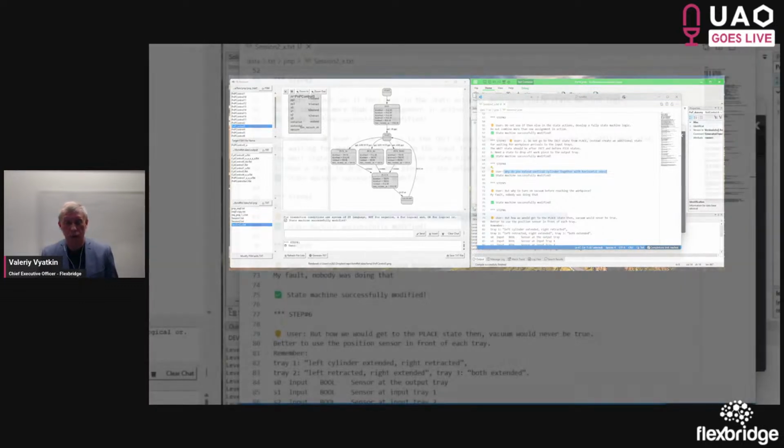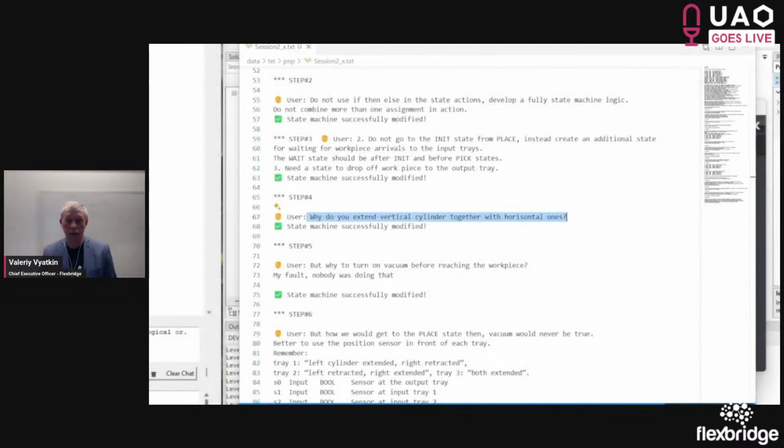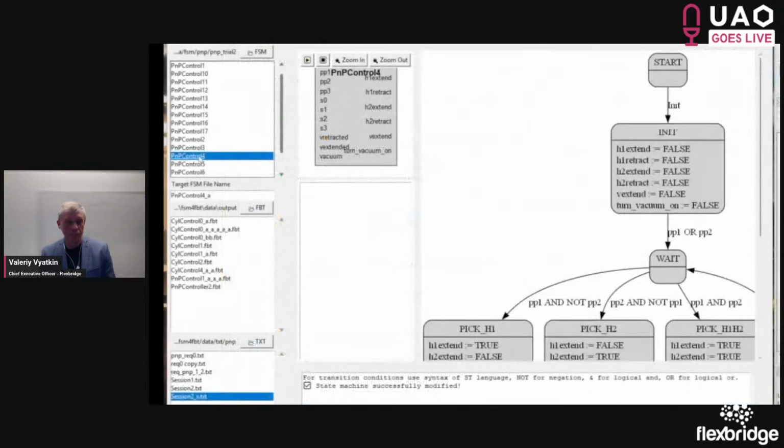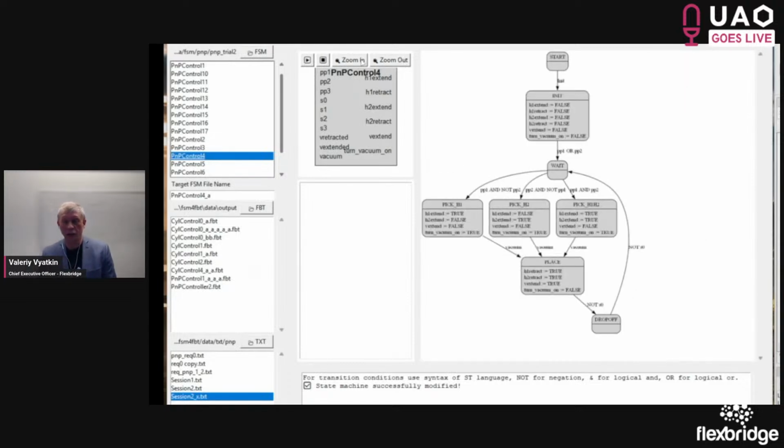So this whole dialogue has taken several steps, and all these steps are recorded in this log. In every step, the assistant makes some corrections, and we proceed step by step through the process of achieving the desired behavior of our system.